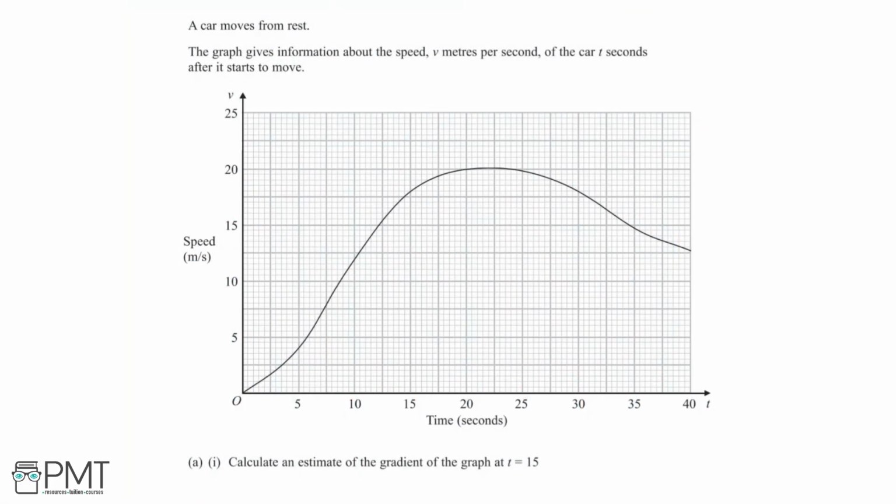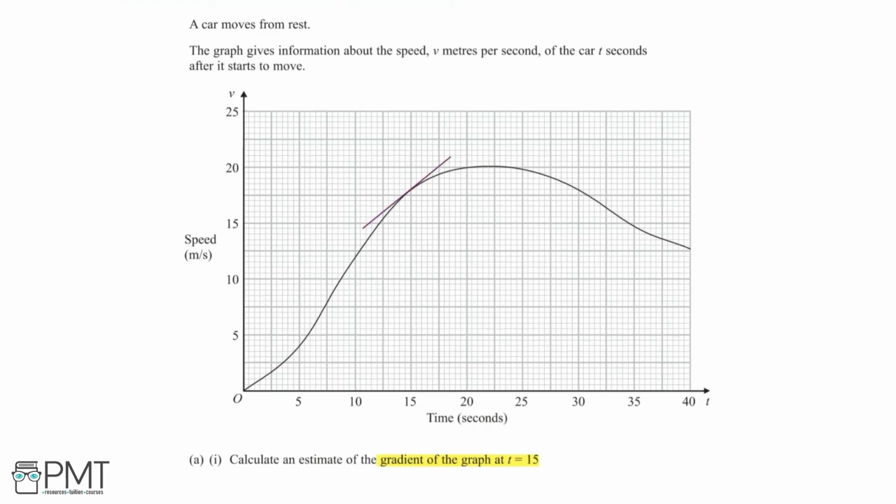In this question, we're told that a car moves from rest, and the graph gives information about the speed, v meters per second, of the car t seconds after it starts to move. And in part A, we need to calculate an estimate of the gradient of the graph at t equals 15. And now to do this, we need to draw a tangent of the graph at the point where t equals